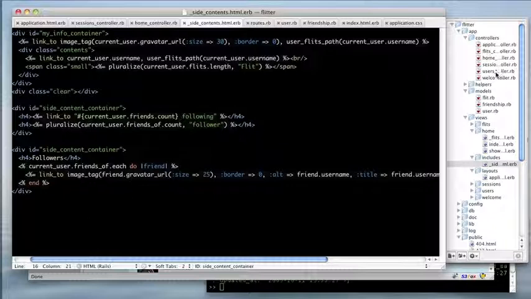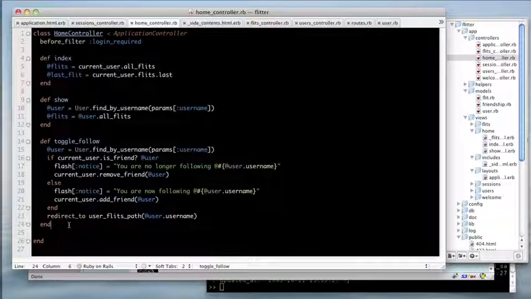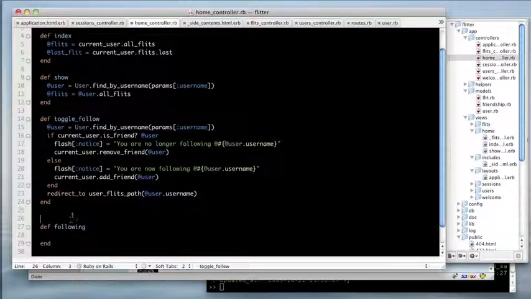So what I'm going to do is I'm going to continue using our users controller, and I'm going to create a new method here called following, and here I'm going to, well, is it user? You know what, I'm not going to put it there. I'm going to put it in the home controller. Let's go to the home controller. That's where everything else is, so we'll put it in here. So we'll have our following and